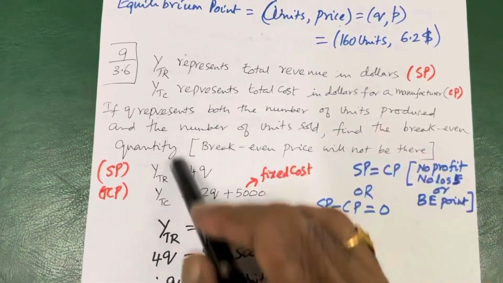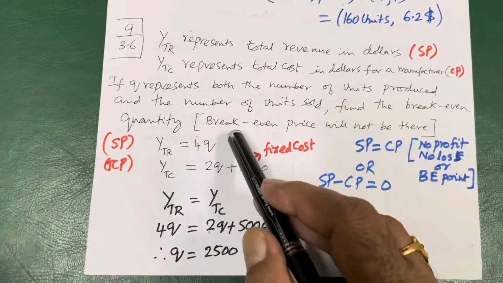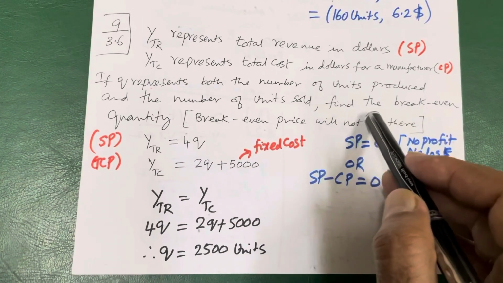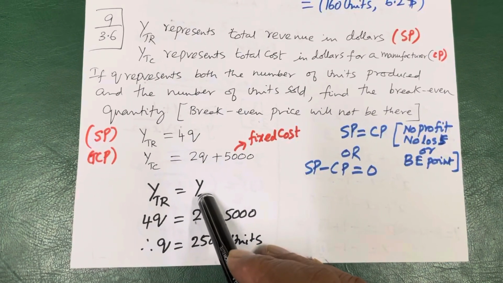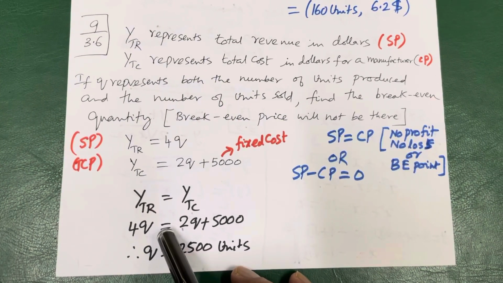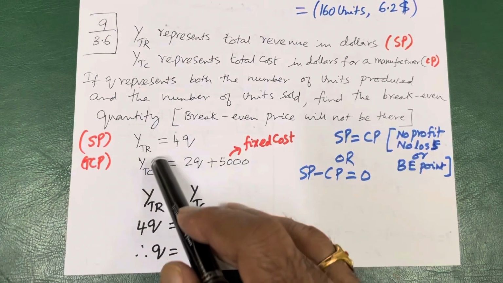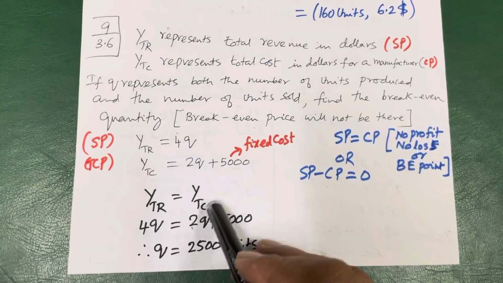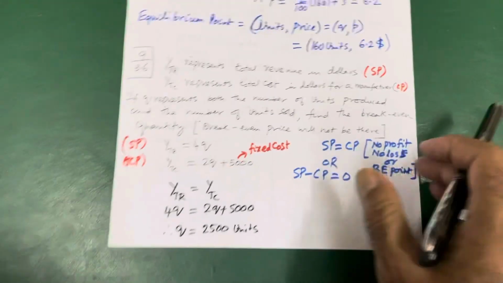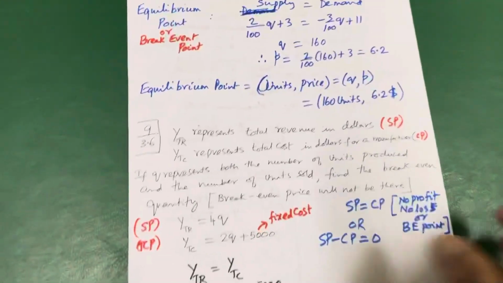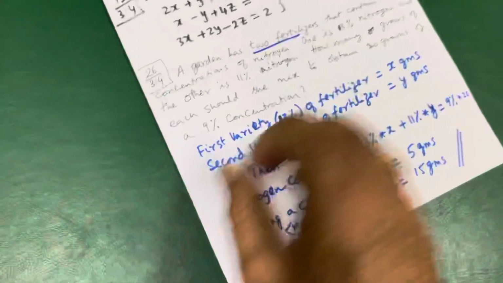So what is this question? Find the break-even quantity means simply write TR is equal to TC, then put TR is equal to this value and TC is equal to this value, use calculator, you get directly the answer 2500. Now let us